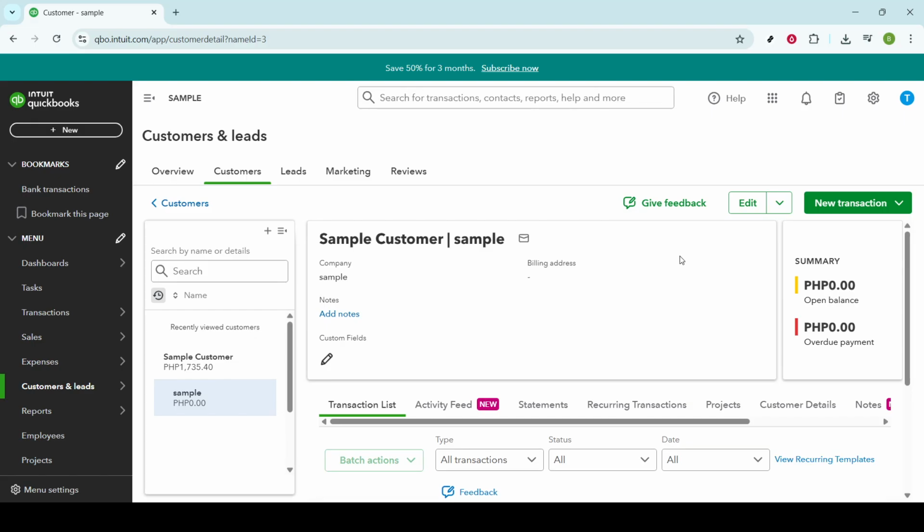And there you have it. You've successfully added a job in QuickBooks Online. By following these steps, you streamline your project management process, ensure better client communication, and lay a solid foundation for accurate financial tracking. Don't hesitate to revisit these steps if needed, and feel confident that you're mastering another useful feature